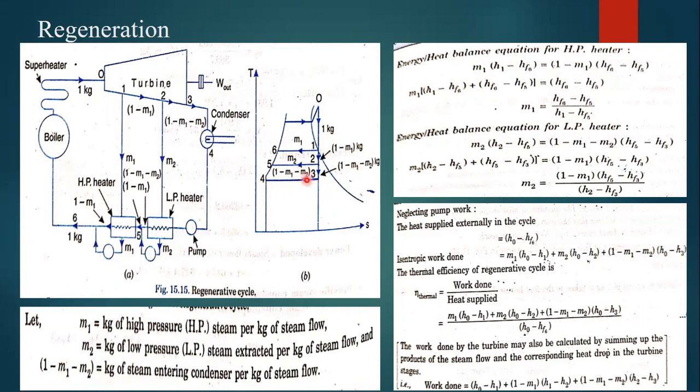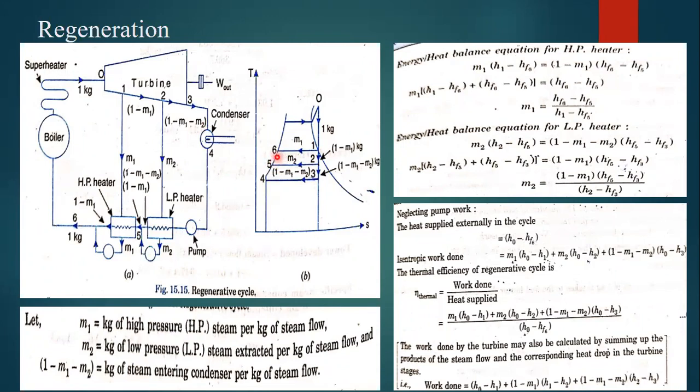change of latent heat of liquefaction, right? The latent heat of liquefaction. That means from vapor, it is going to change phase from liquid vapor to liquid here, right? So that's why that amount of steam has been converted in the condenser here. And again, what are we going to have? Again, we are going to add here m2 kg of steam.